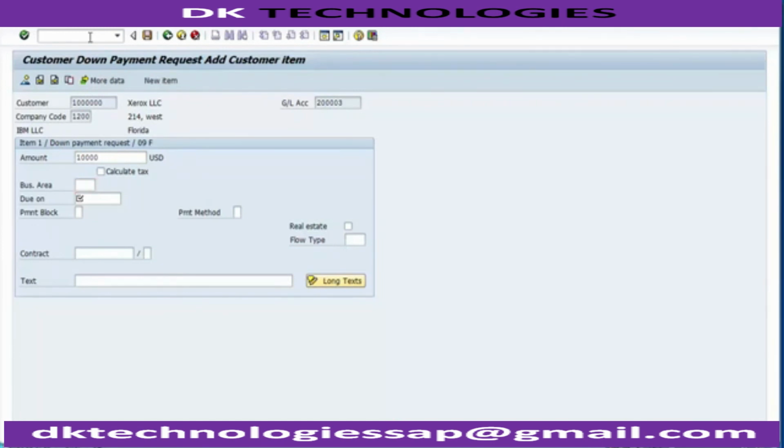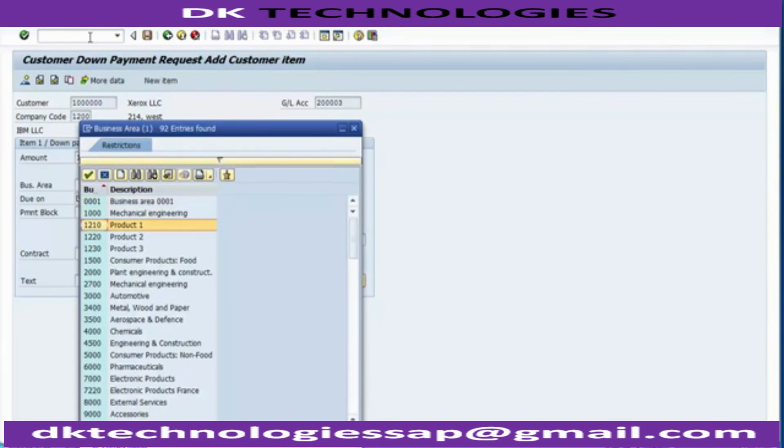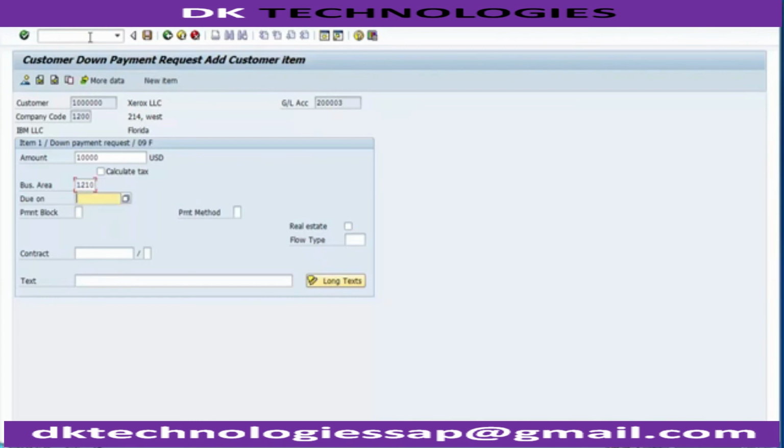For that you click on F4, and you can select the business area 1210. The due date, you can fill anything, suppose I take it as 16/11/2014. And if there is anything you need to put as text, you can fill your text over here. So text will be